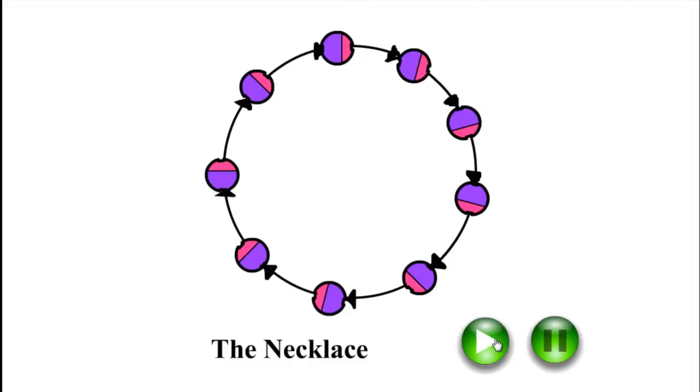Now you will all be surprised to know that you have learned a major concept of computer science, the circular linked list. Now I would like to give you the specifications of the beads used in the linked list. The pink color shows the pointer or reference to the next bead, and purple color contains the information or data, which can be anything like integer, string, etc.